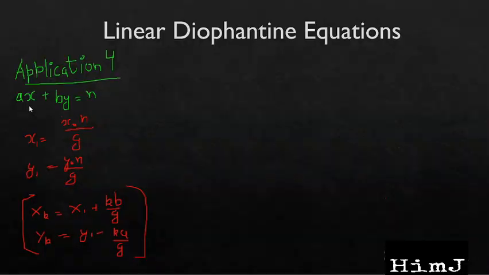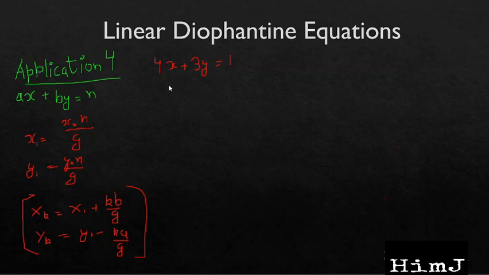Till now we have assumed x and y can take any possible value from minus infinity to infinity. But suppose the question asks that x and y should be positive integers or in some other range. Let us start with positive integers for now. So let us look at an example. Suppose a is 4. So we have to check whether there exists a solution for this equation such that x and y are positive integers.